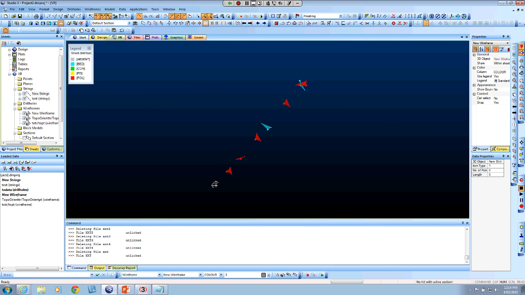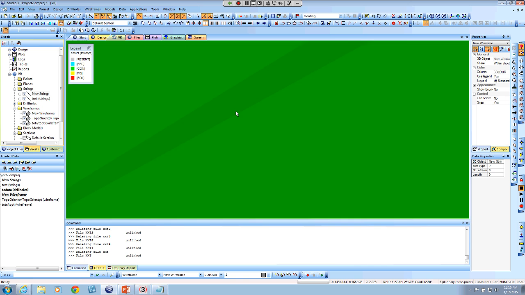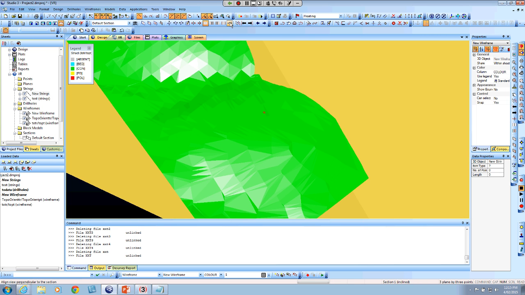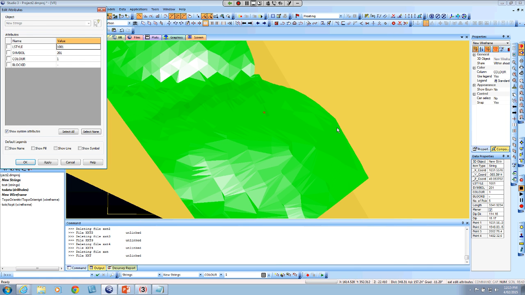Exactly the same. So if this is bedding here, we could do exactly the same. I could go plane by 3 points again. So 3, 1, 2, 3, and do exactly the same. Look perpendicular to it. And what I'll do is go new string again. CLO. EAT, I'm going to change the colour to blue this time. It might be a bit cluttered at the moment, but you'll see that